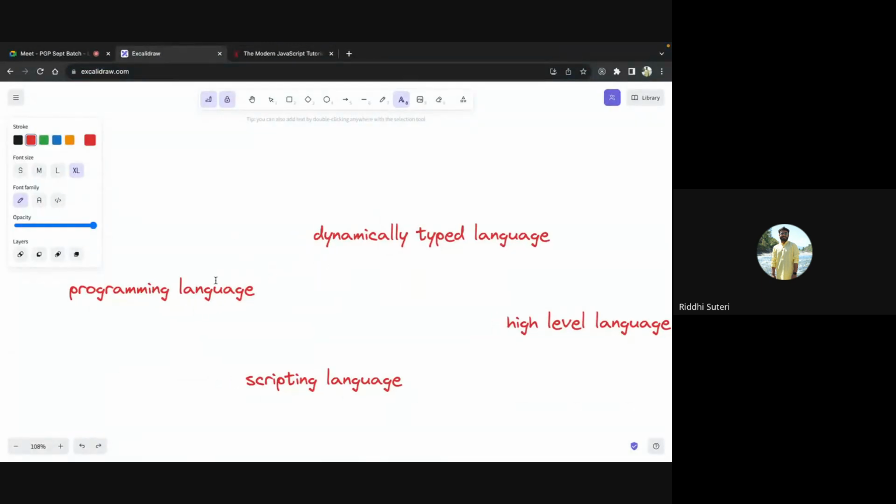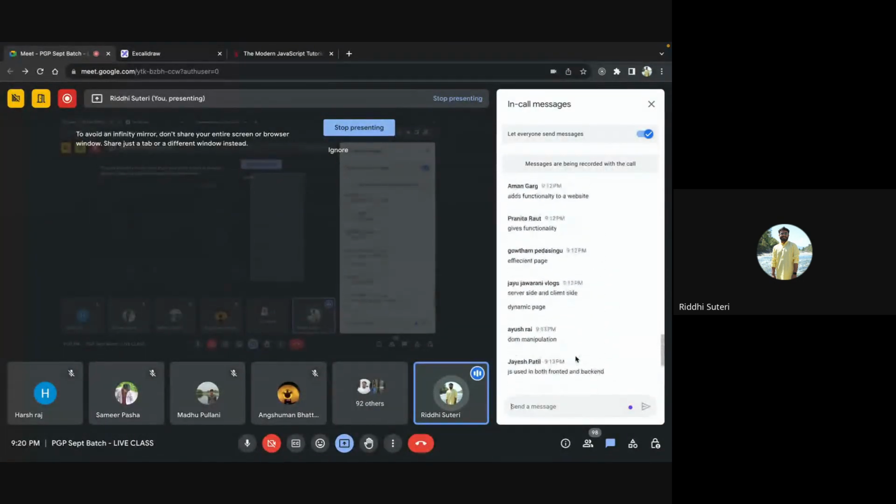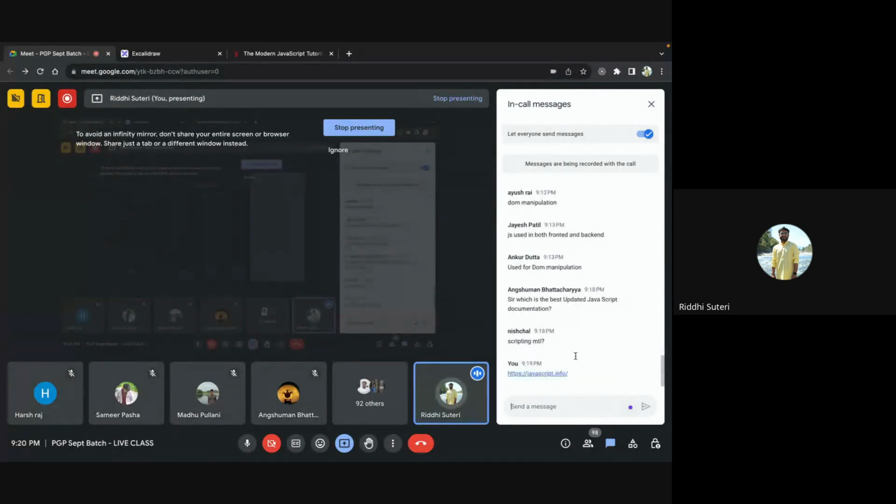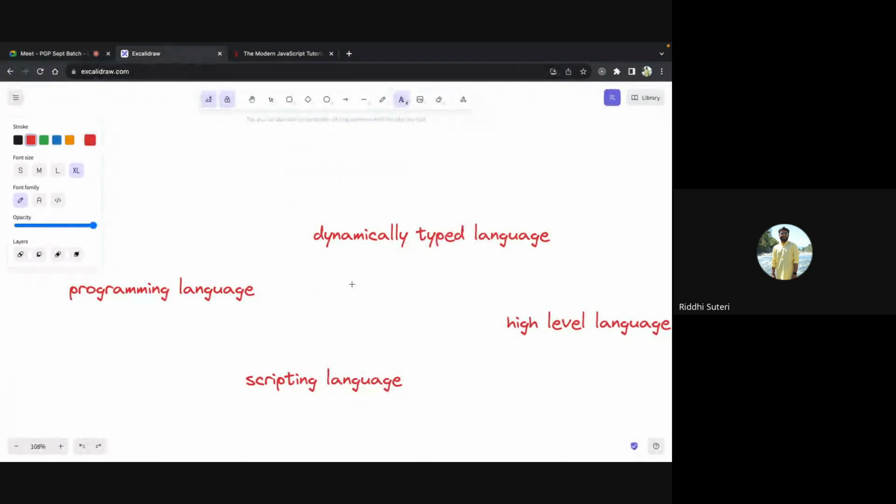All right, now let me quickly explain all of the 4 pointers really quick. I believe I have answered all of your questions, and I've tried correcting the answers which were not correct. So let's dive into it. The first pointer, I don't need to explain further. It's a programming language, and we have also studied HTML and CSS so far.